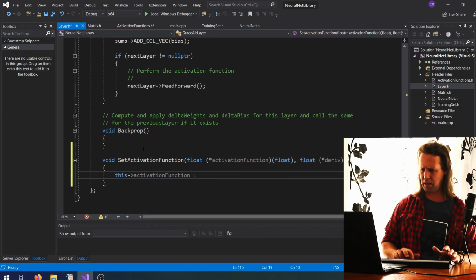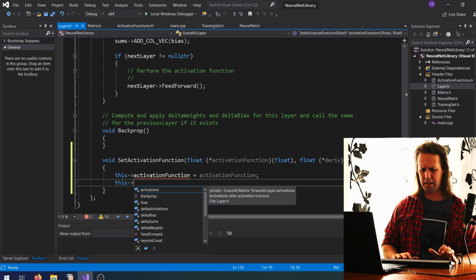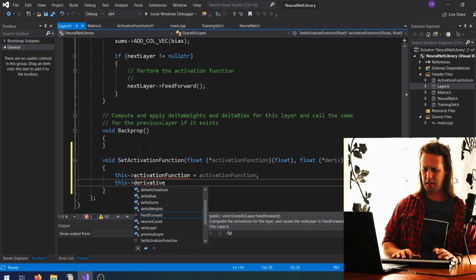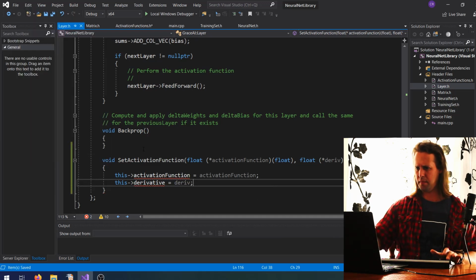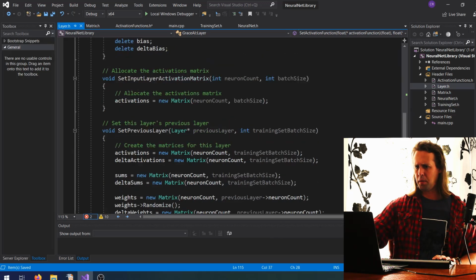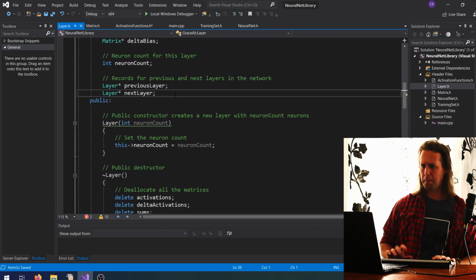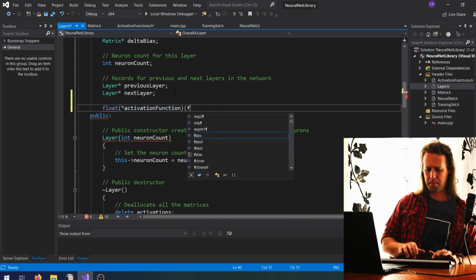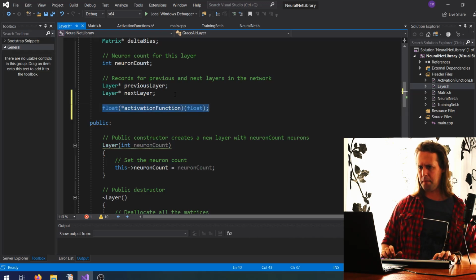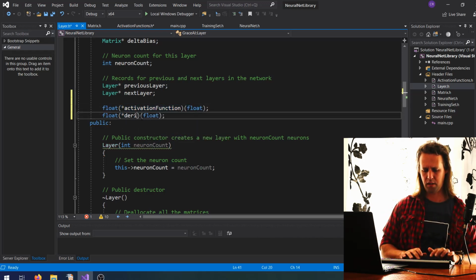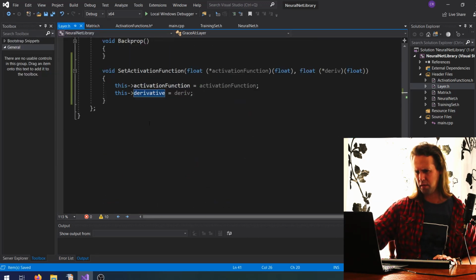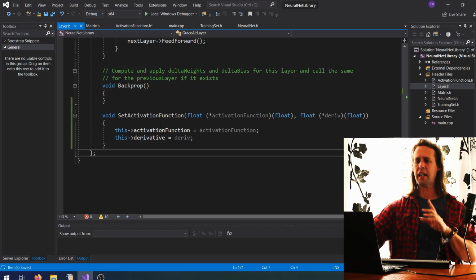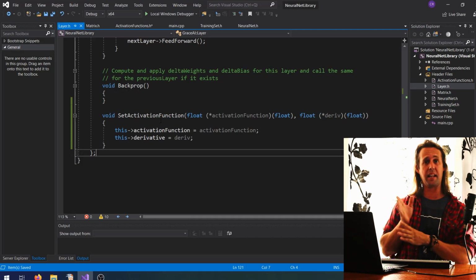Okay, so I might say this dot activation function equals that. And we'll say this derivative. Okay, and we'll come to the top and we'll define those as member variables. It's going to be float star that thing, and I might just copy and derivative. Is that what I called it? Derivative? Yeah. Okay, so that's allowed us to add layers, and when we're adding the layers, we're setting which activation